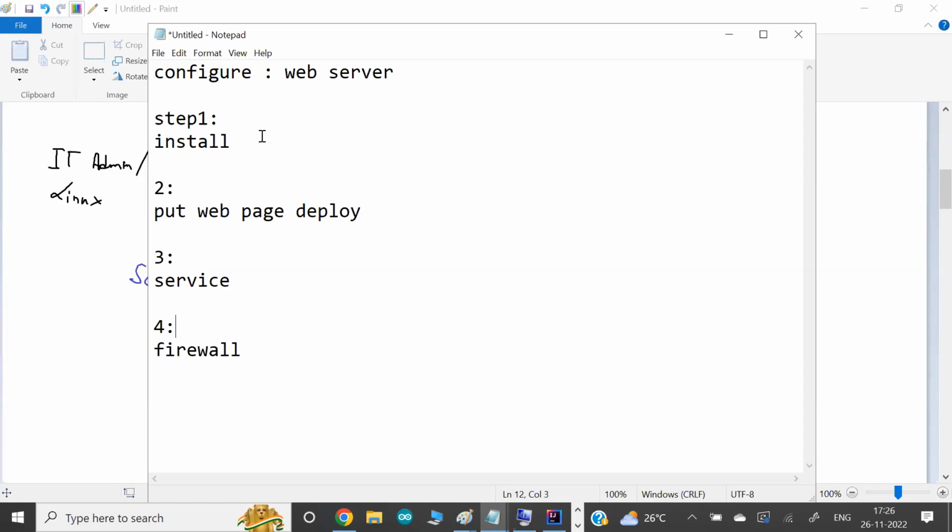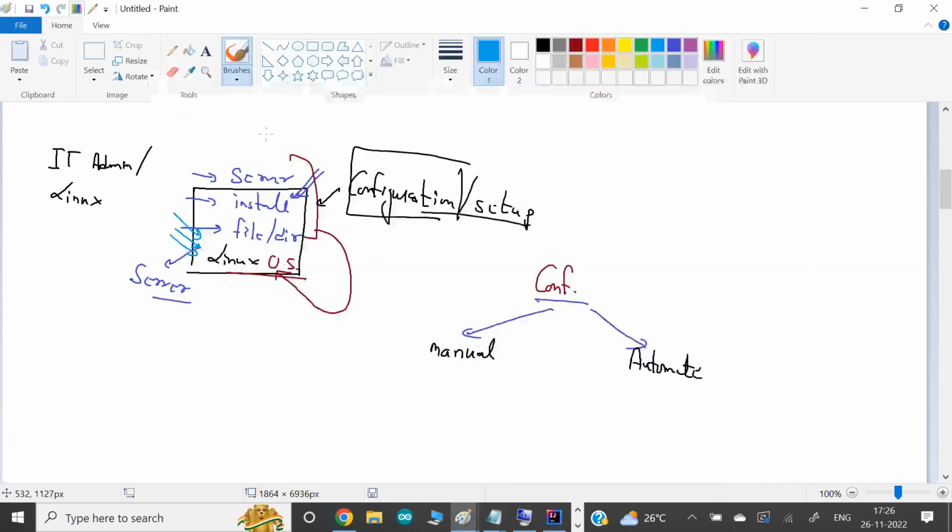You can do these steps by typing yourself, doing it manually. Manual makes sense if you want to set up once. You have one single OS, one single hardware. Then setting up this system or configuring the system